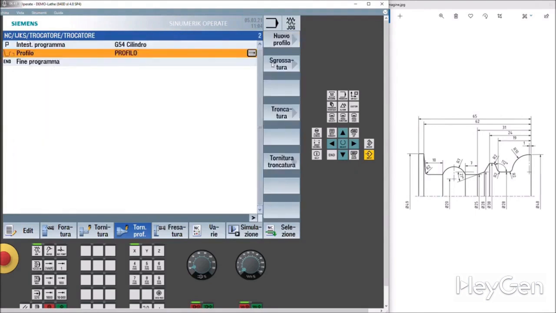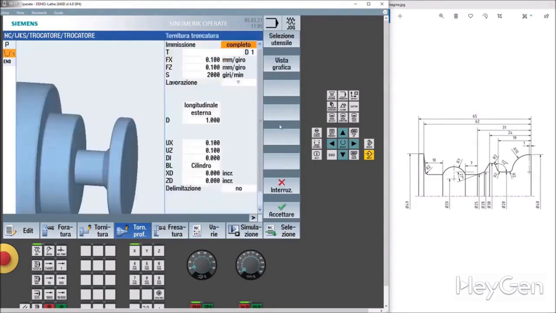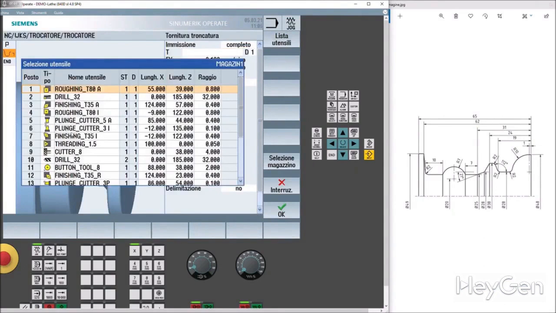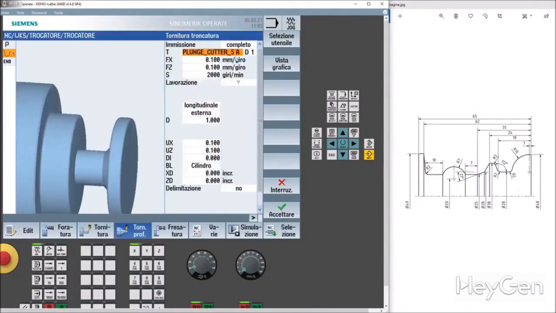Here it is. Now, what do we need to do? We need to use this soft key, turning, cutoff. So let's select the tool. Let's go to choose a cutoff tool. In this case, we've mounted a 5 mm one in the machine and we give it the OK.